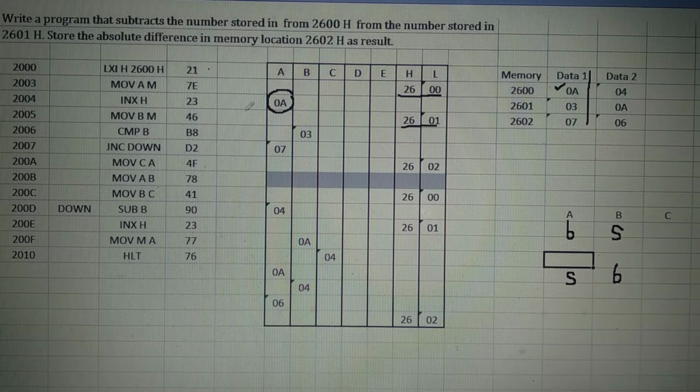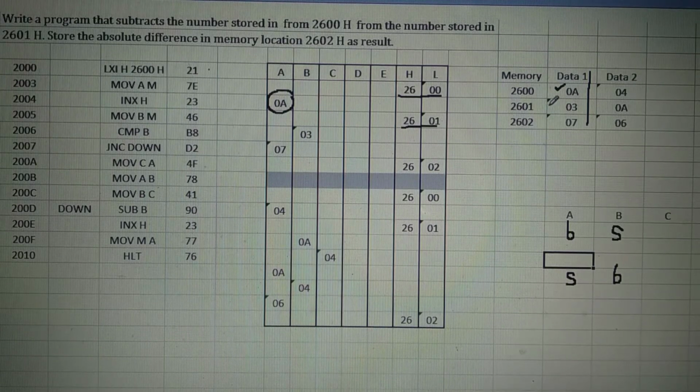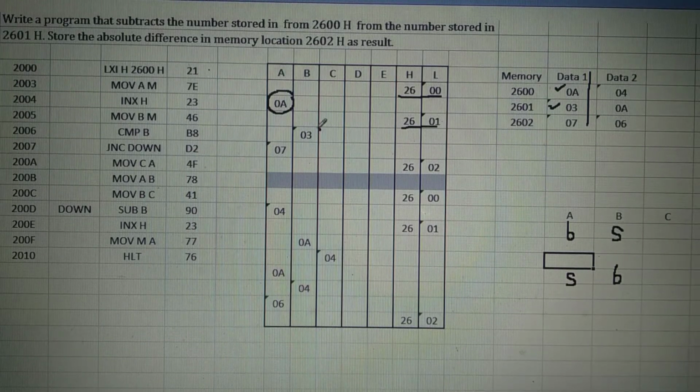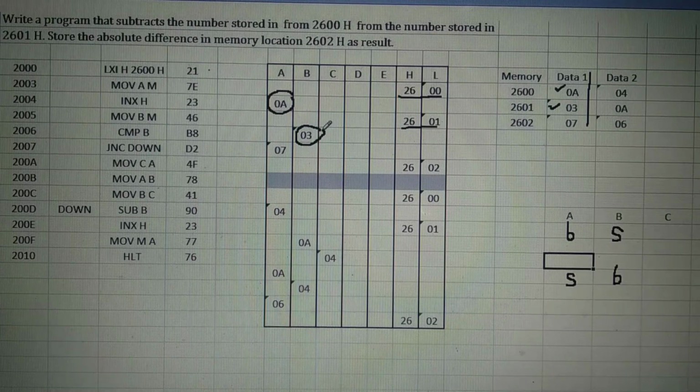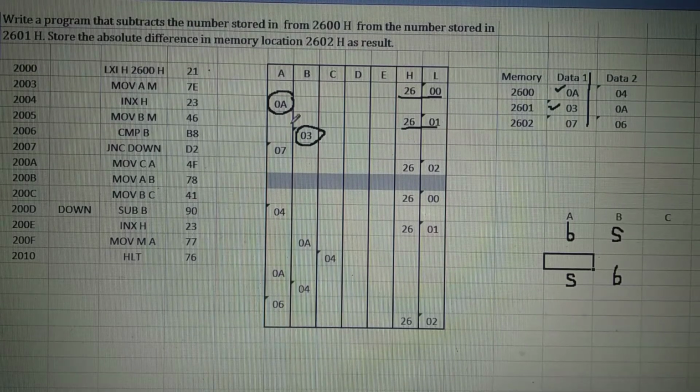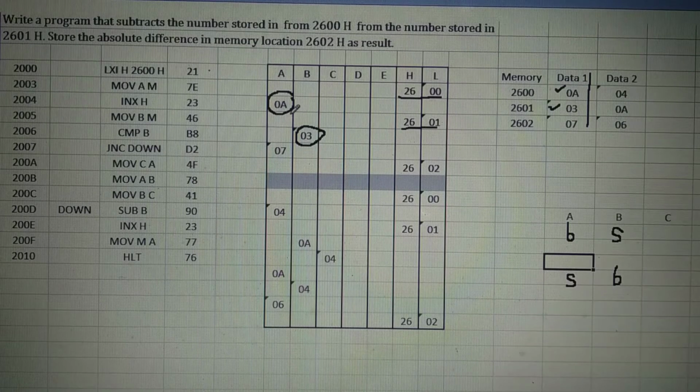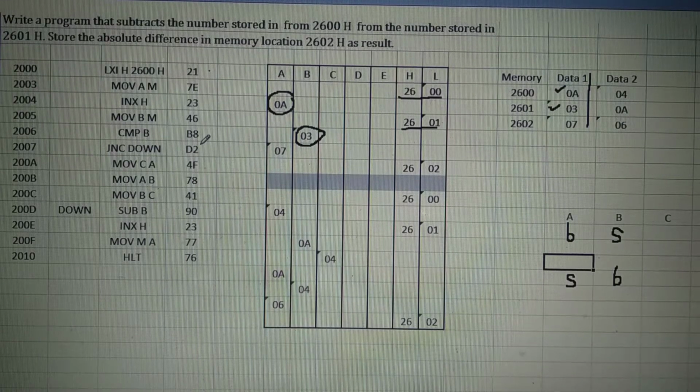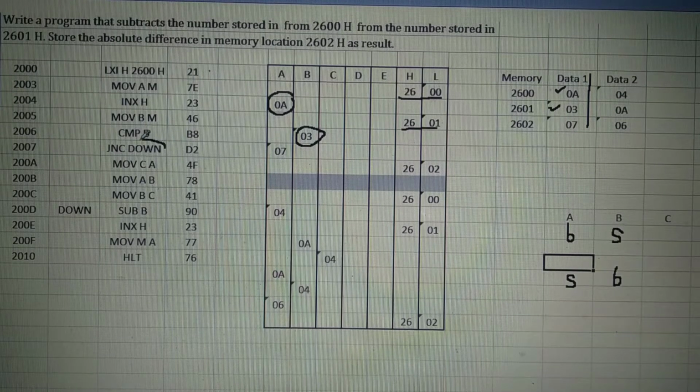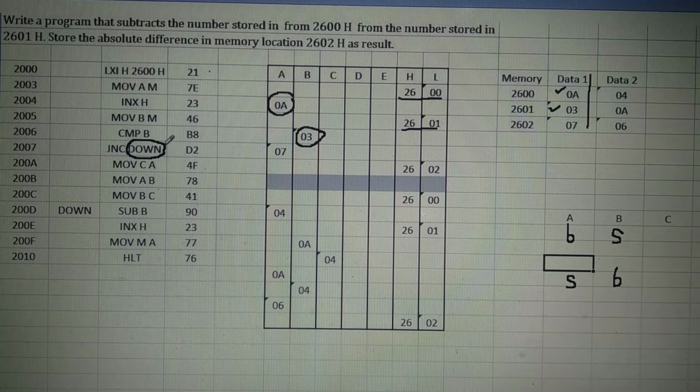Move M to B. The number from this memory location is brought to register B. Then compare B. A and B are compared. A is bigger. As A is bigger, the carry flag is not set. As the carry flag is not set, jump no carry. Go to the instruction where the down label is there.